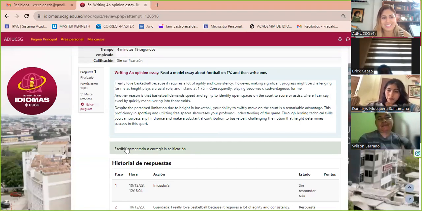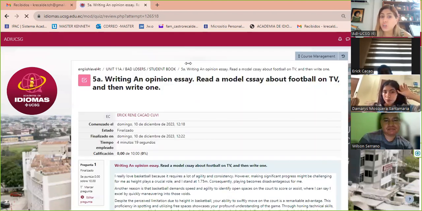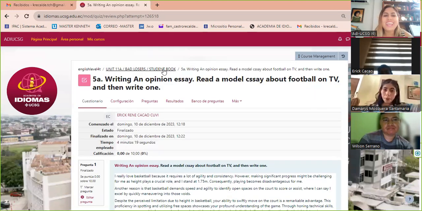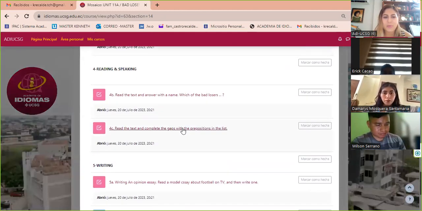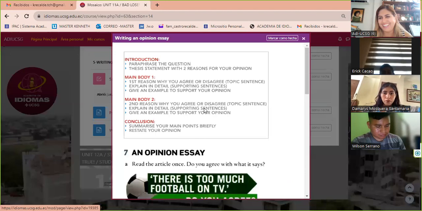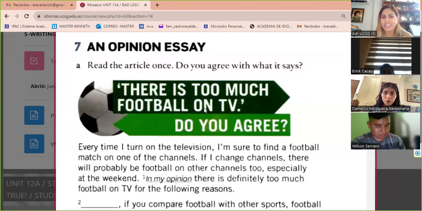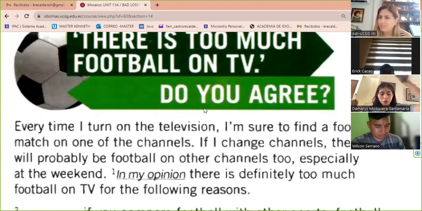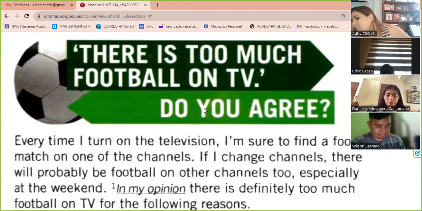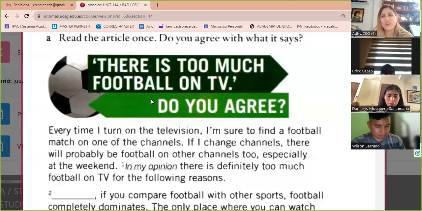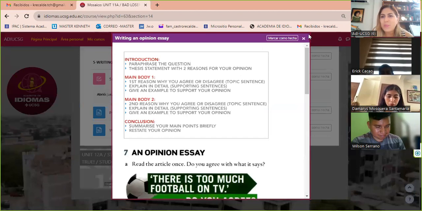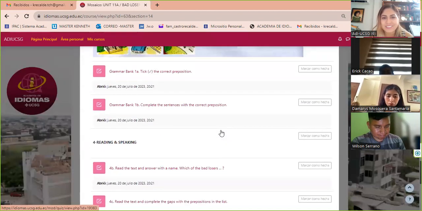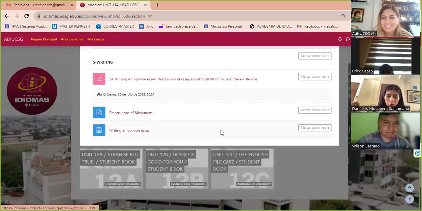Ay, Miss, pero igual seguí la estructura. Voy a ponerla por quinta vez la estructura, Dios mío. Sí la vi, Miss, sí la vi. Me estoy preocupando. Ok, aquí está la estructura. Where it says here basketball. O yo estoy ciega, voy a ponerme los lentes. Pensé que era cualquier deporte, Miss. No. It's okay. Do it again. No problem. Okay. Tengo un millón de paciencia. Do it again. Yeah, Miss, ya lo subí de nuevo.